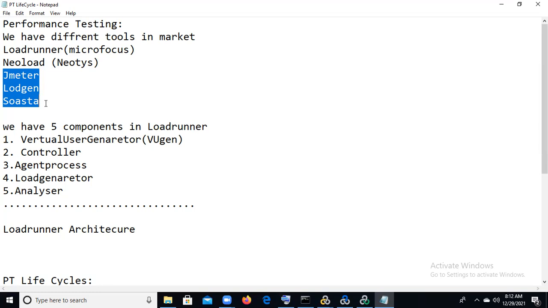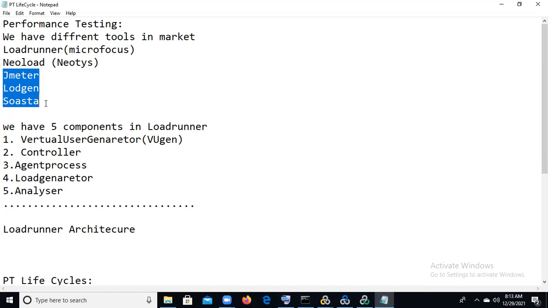What is VuGen? To record on a particular site, record the business flow and do the script enhancements. What is the Controller? We design the scenario and execute with multiple users.